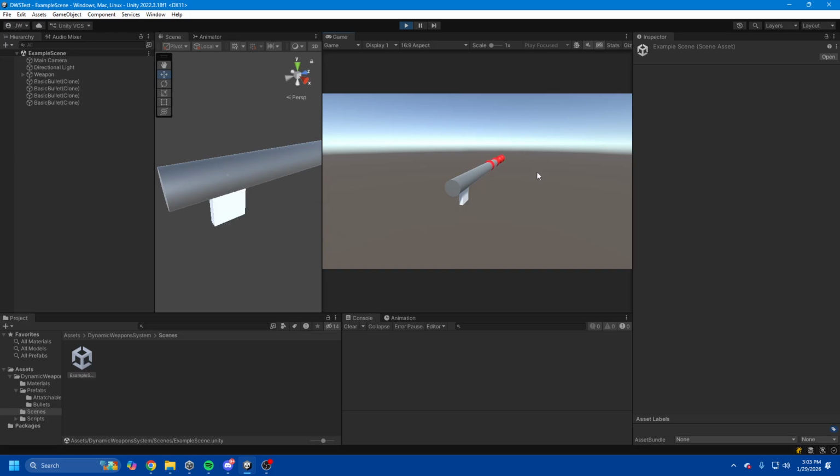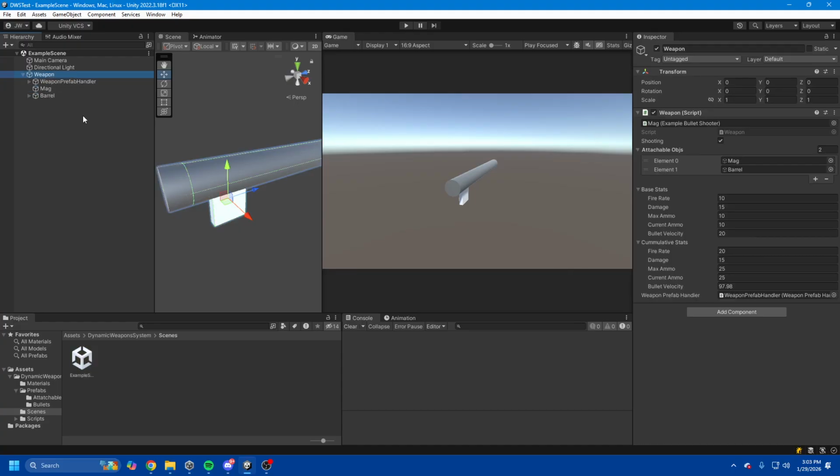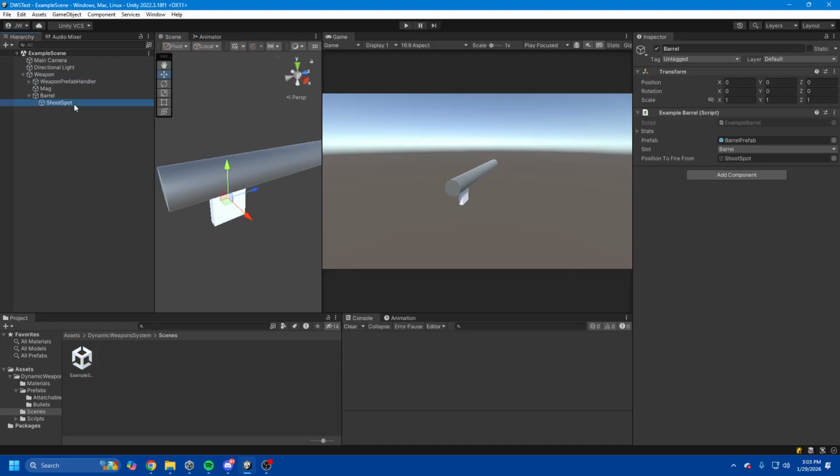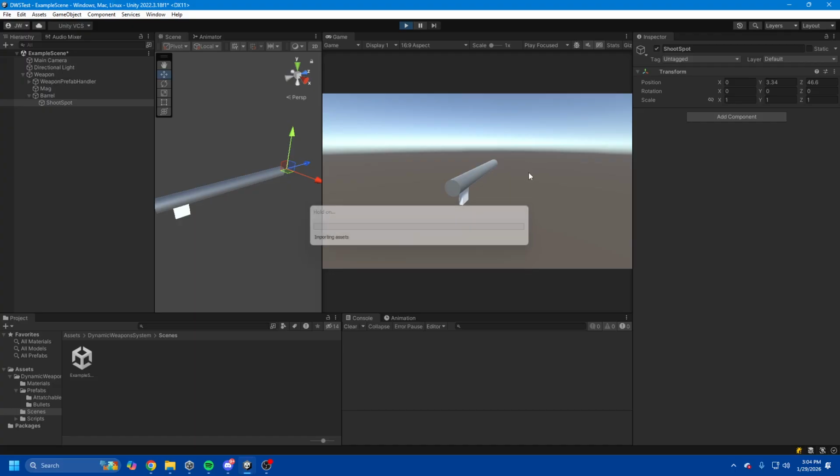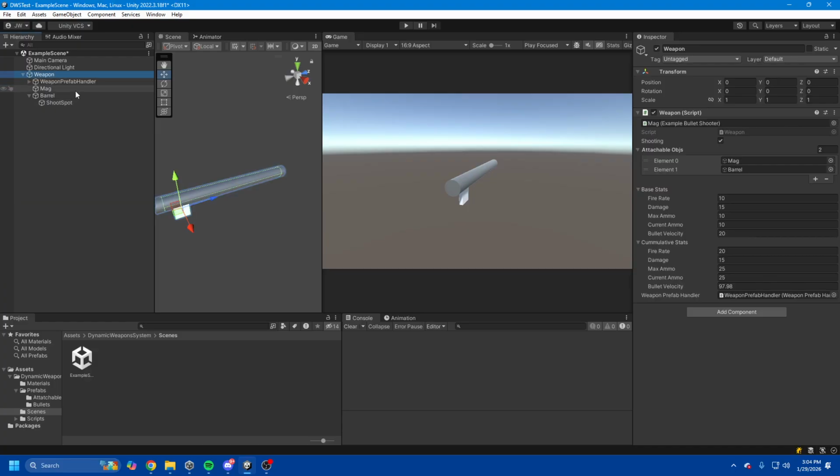Boot it up. It fires. Doesn't fire from where it should because the shoot spot's not in the right position, but ta-da. So basically the way it works, you have a weapon that can have attachable objects, some base stats, and